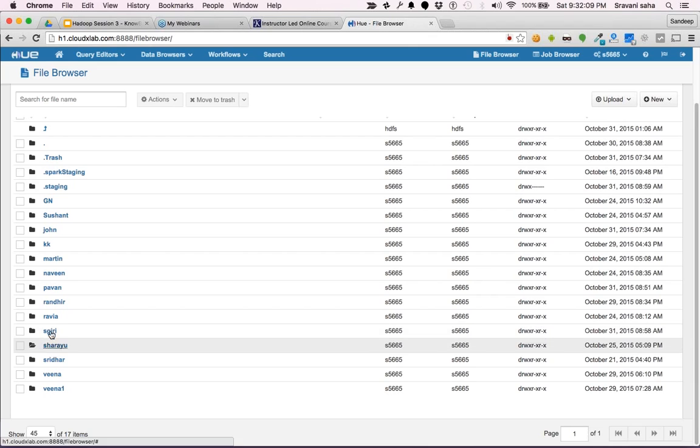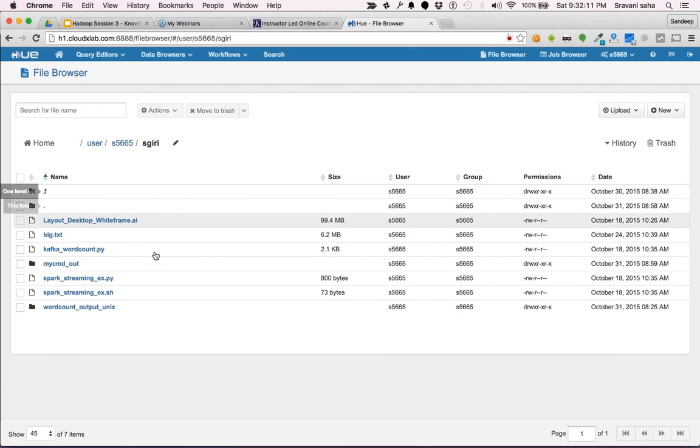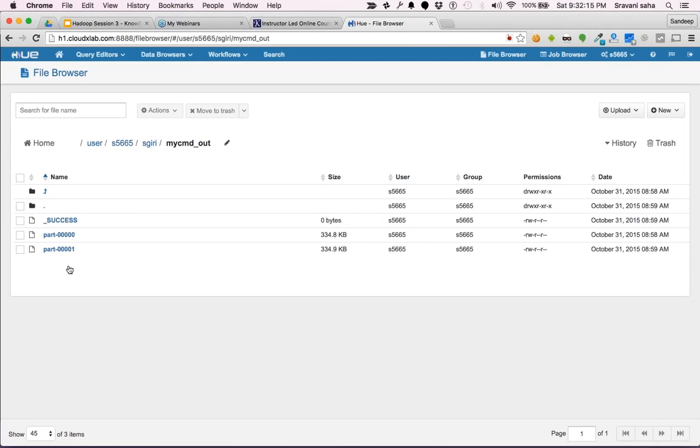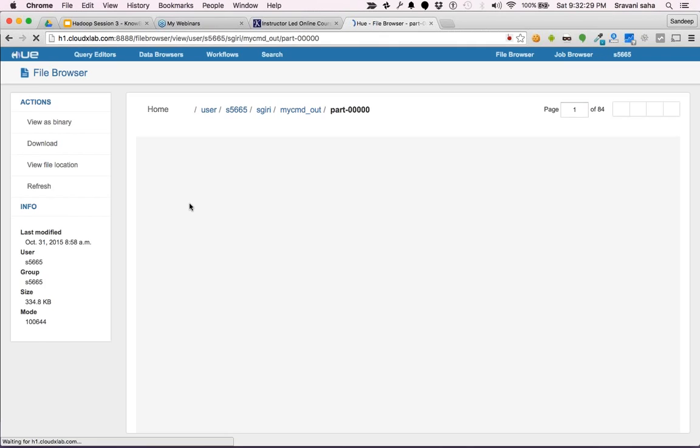All right. Let's go to my folder here. Do you see mycmd.out? Notice this: now we have two parts, part-00000 and part-00001. Inside the first part, let's have a look at the initial words.